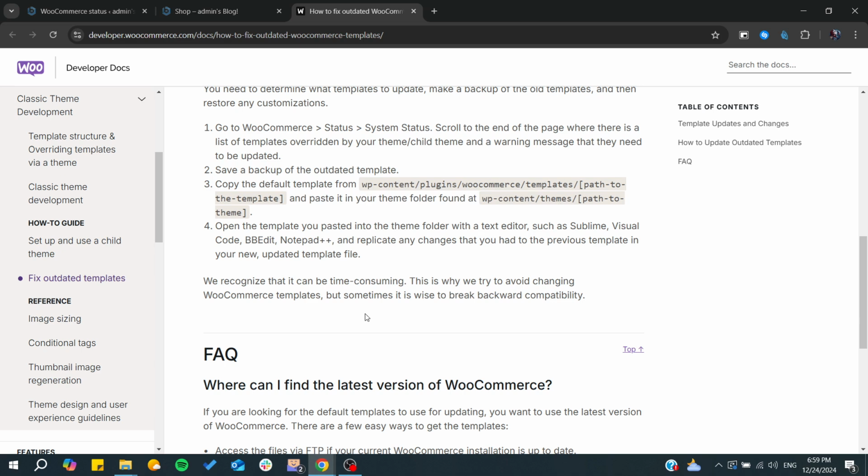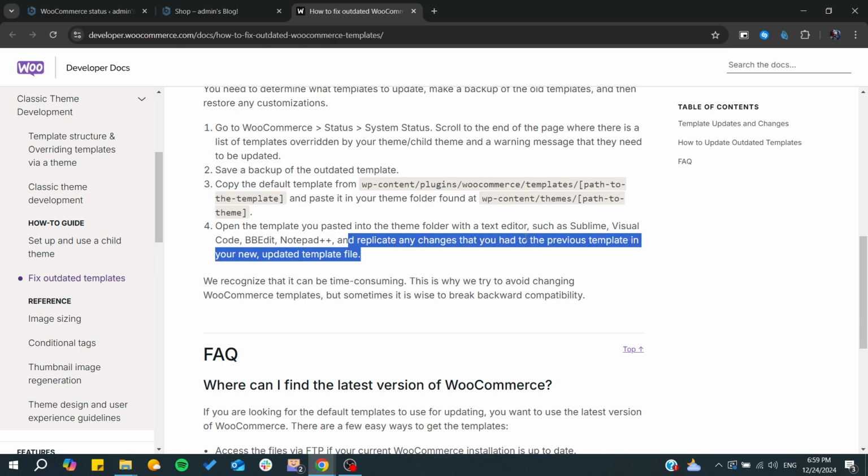So basically, in your WordPress folder, you will find this WP content, and there is the plugins and themes. So basically, you need to take the templates and add them or paste them into the themes, and by that, you will be able to replicate the changes that you had to the previous templates, and you will be able